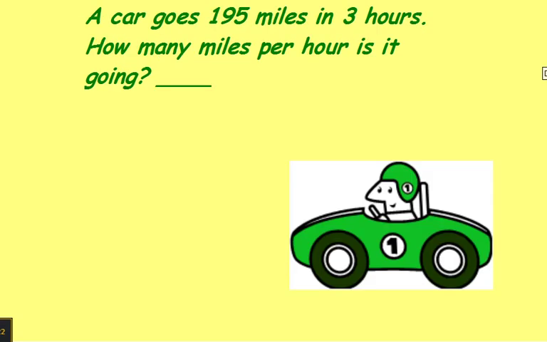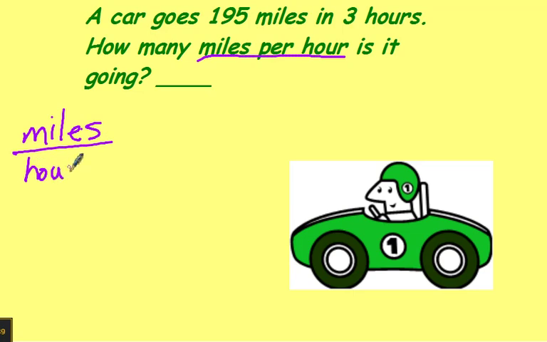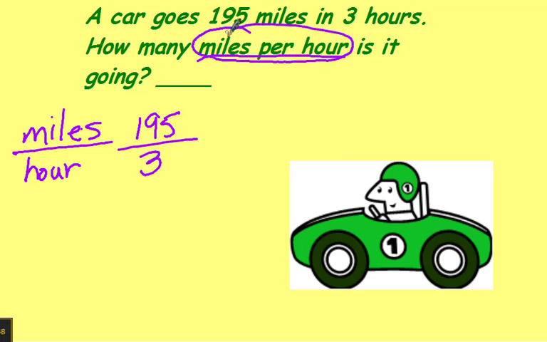A car goes 195 miles in 3 hours. How many miles per hour is it going? So we're looking at miles and hours. Now per means for one, and that's called the unit rate, miles and hours. Right now we know that we're going 195 miles in 3 hours. But the question is, how many can it go in 1 hour? So again, you're going to divide